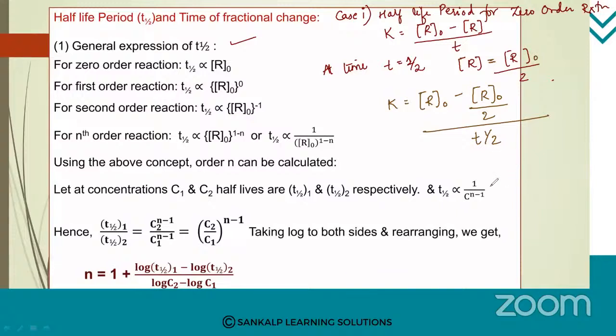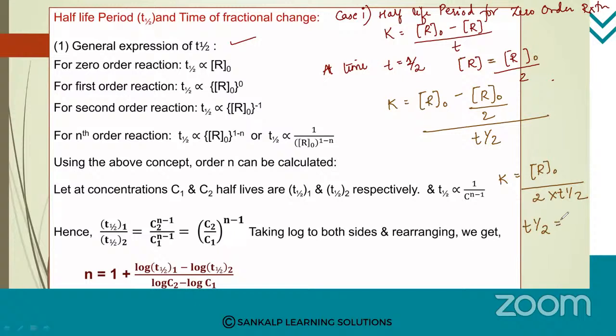Time is T half. Okay, so after rearranging this, what will we get? K is equal to, if I take this common, 2. So this will be R naught here, so it will be R naught divided by 2 into T half. If I transfer this T half here,